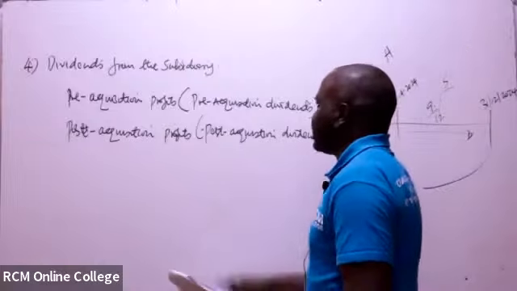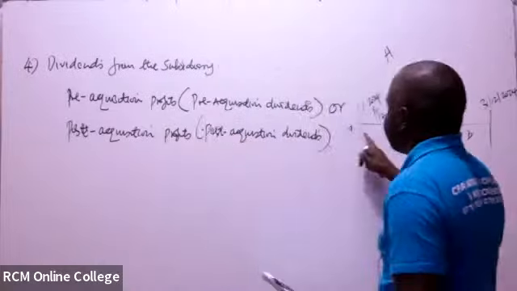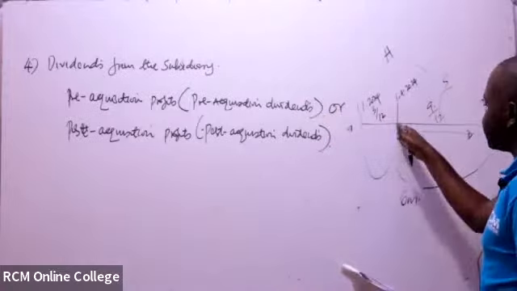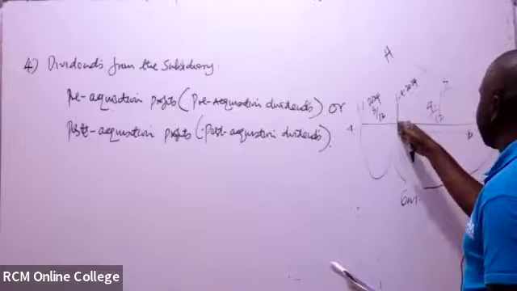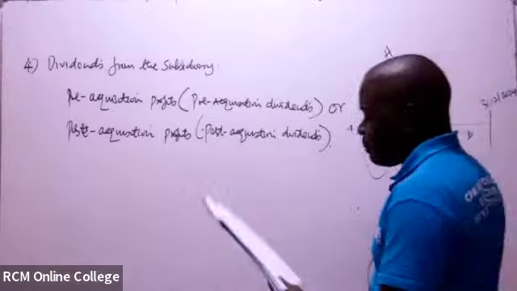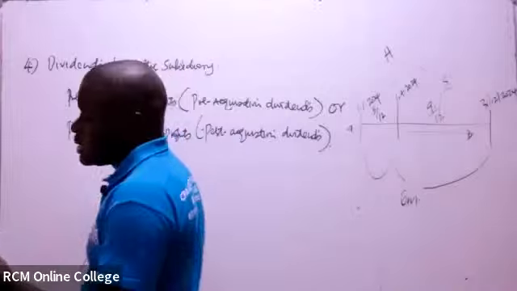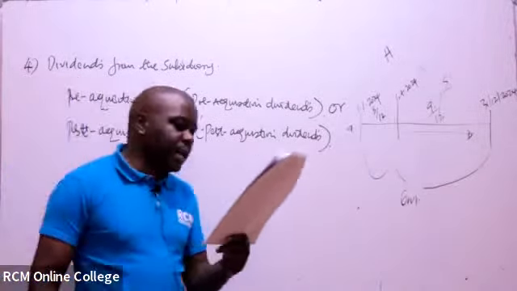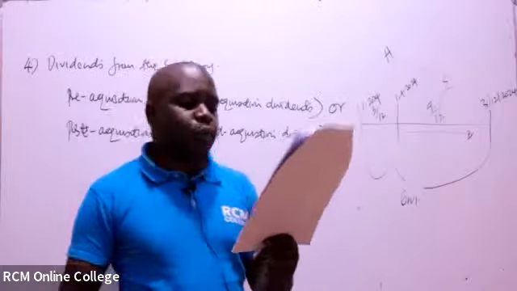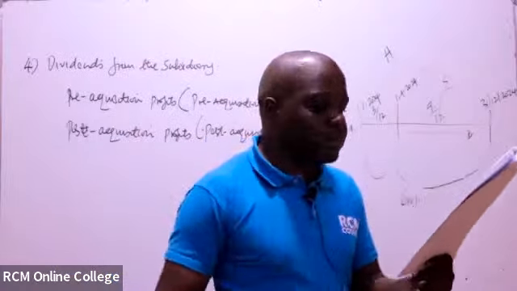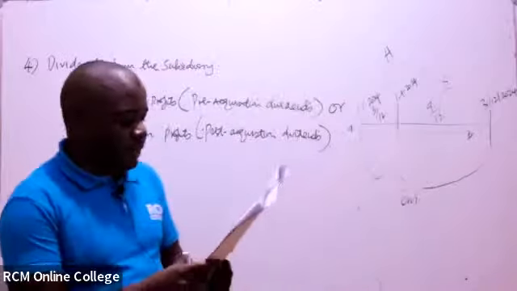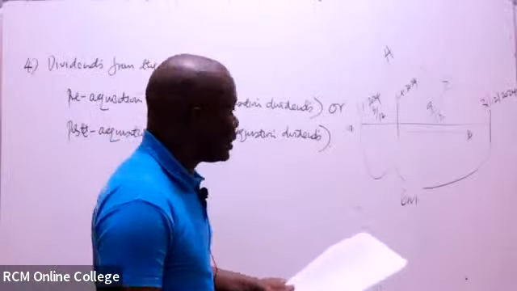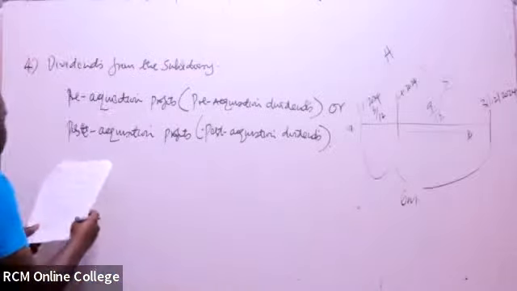So this one that is actually paid before the acquisition, we call it pre-acquisition dividends, which is for the 3 months and the period behind. But the one that they're having to enjoy after the acquisition is the post-acquisition dividends. So that's what you're having to say, that dividends may be paid out of pre-acquisition profits, in brackets pre-acquisition dividend, or paid out of post-acquisition profit. We call it post-acquisition dividend. So full stop. Then you write and say, the parent share of pre-acquisition dividends,